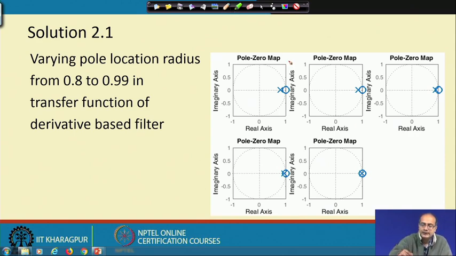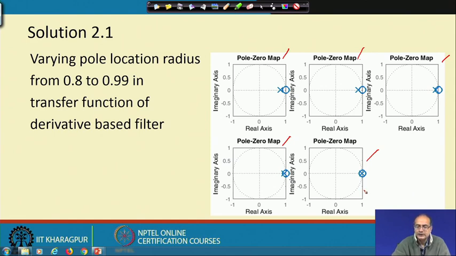We get it here, the first one, then we move it further, say 0.85, 0.9, then 0.95, then 0.99. At the last, it seems that the poles and zeros are almost cancelling each